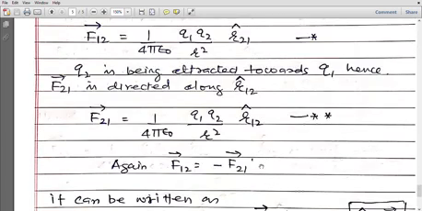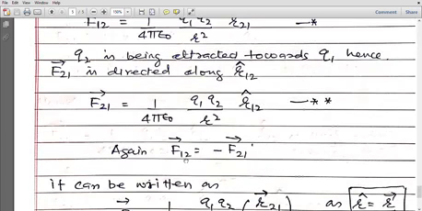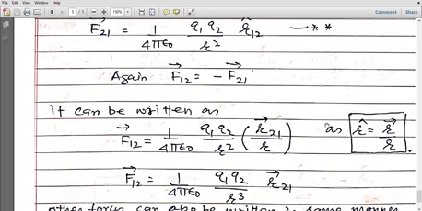So again we can say that the force on first due to second is equal and opposite to the force on second due to first. Every action has an equal and opposite reaction. So the force exerted by the first charge on the second is equal in magnitude but opposite in direction to the force exerted by the second charge on the first. So this expression was in terms of the unit vector. You can replace this unit vector with a vector also, as it is known that a unit vector is a vector upon its magnitude. So it can be written in this way also.